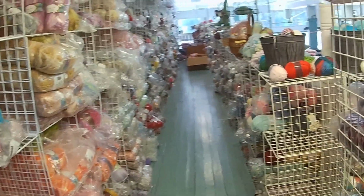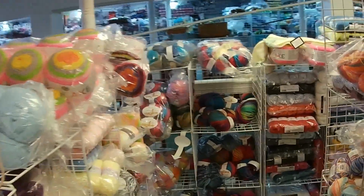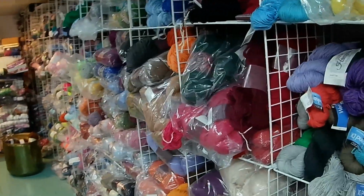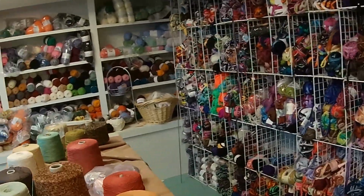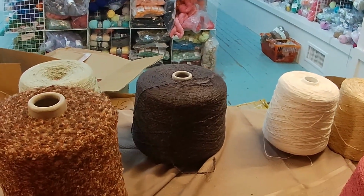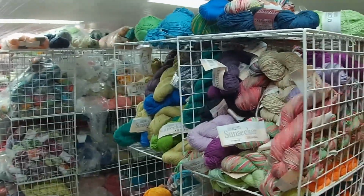There you go. You can take a look down through there. And this goes along on both sides. We're going to come around the corner here and duck under to get to the other side. I believe she has her fiber back this way as well. All of these different novelty yarns as well as spools. I can pretty much dare you to not find something here